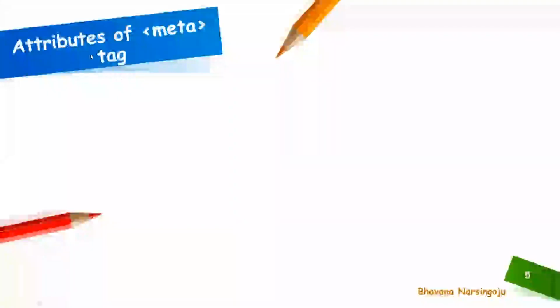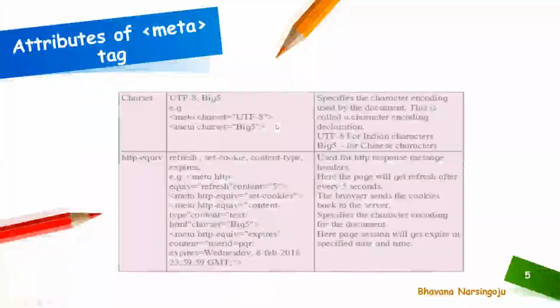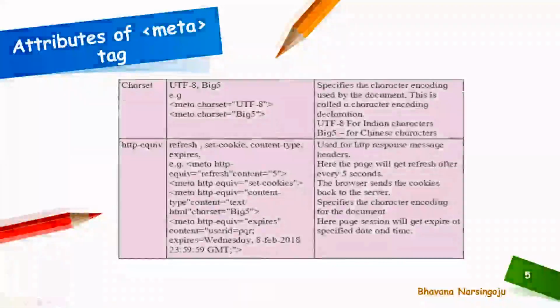So moving ahead to another attribute of the meta tag. What are the attributes for the meta tag? More attributes: charset. What is charset? When it needs to be specified, it has two different formats, that is UTF-8 and Big5. UTF-8 is for Indian characters and Big5 is for Chinese characters. So when you specify the character encoding used by the document, this will be